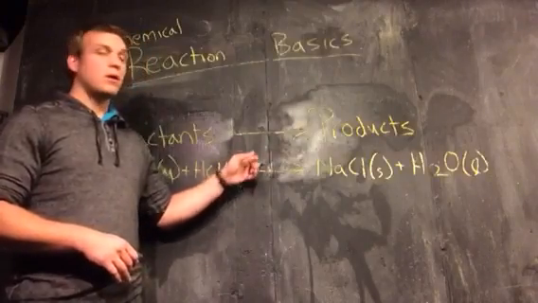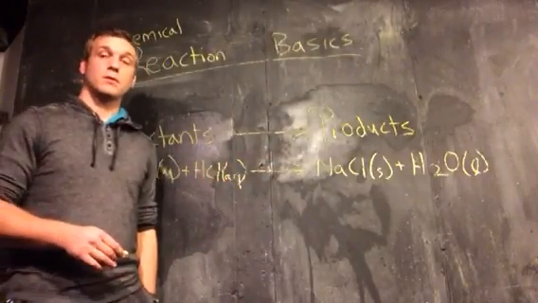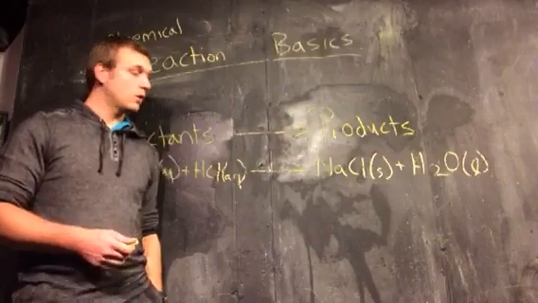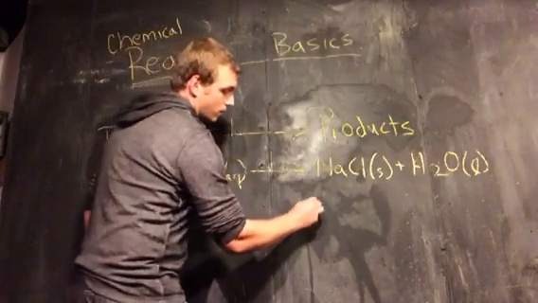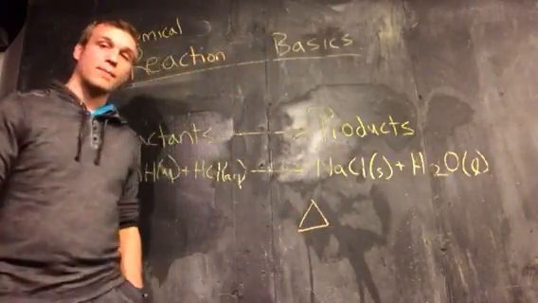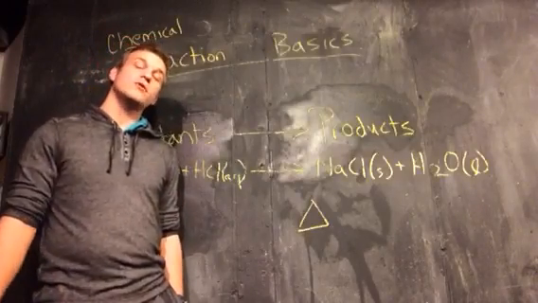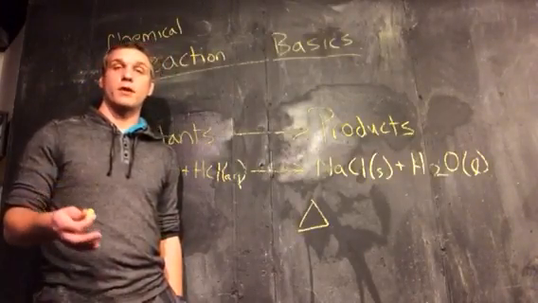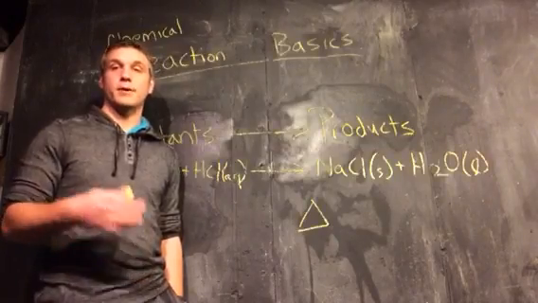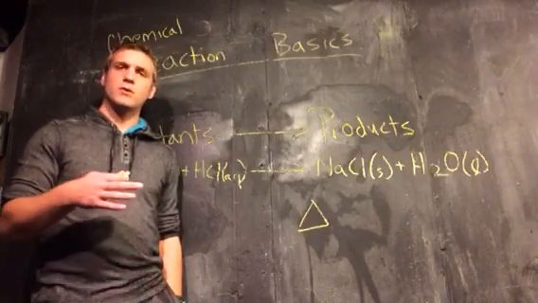Over the arrow, you might see a couple different things. You might see a triangle, just like that. That's a delta symbol. It usually means heat, and it usually goes over the arrow. We're going to see that when we talk about decomposition reactions, because you always usually use